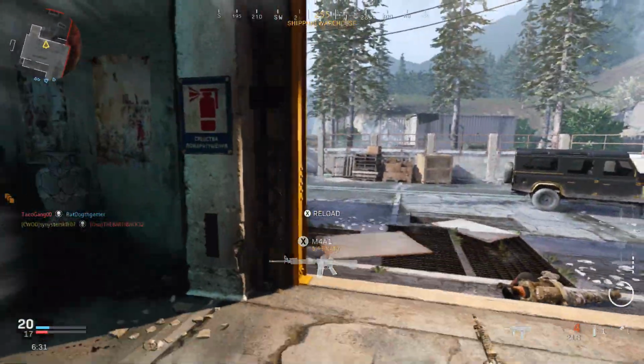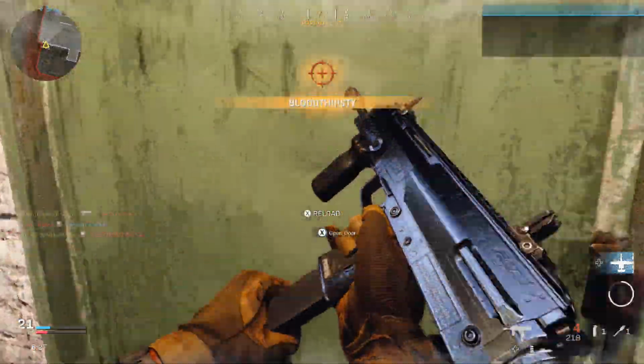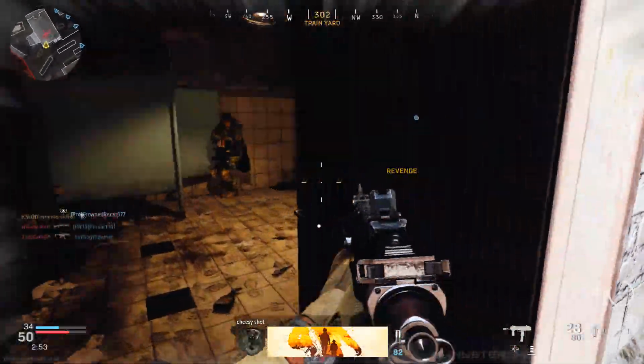And then the other downside is that you can run out of ammo very easily with this weapon. It has the fastest fire rate in the game. I think it's 30 in the mag. You get 2 reserve mags, so you don't have much to work with, and it has unique ammunition that you